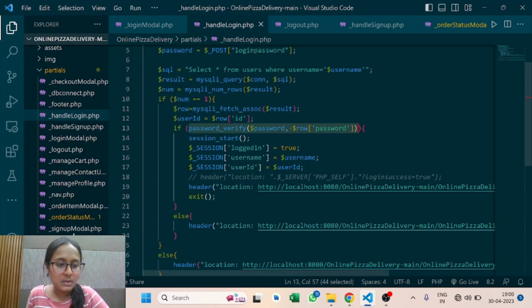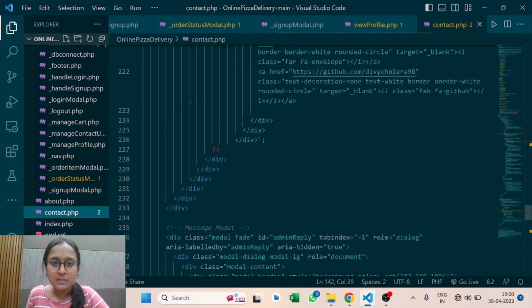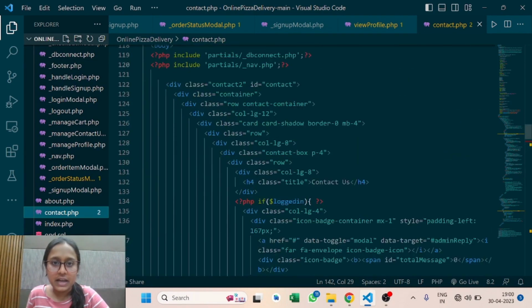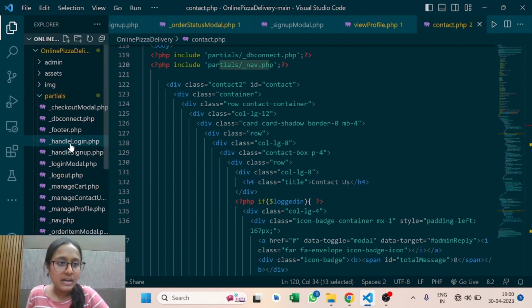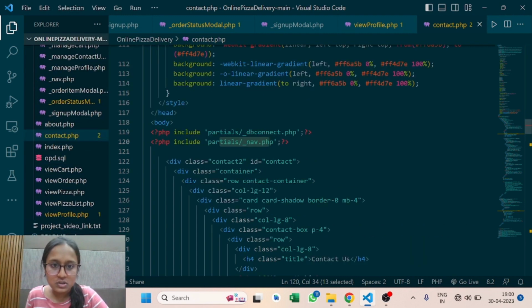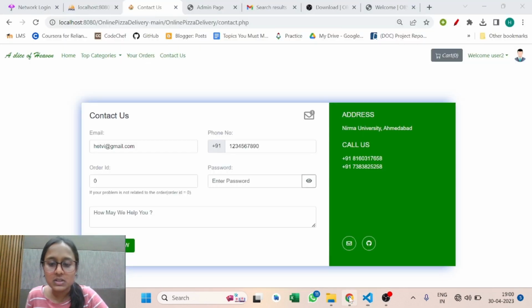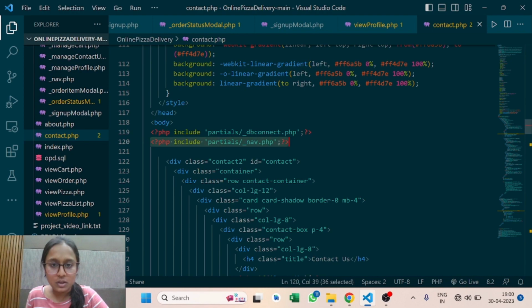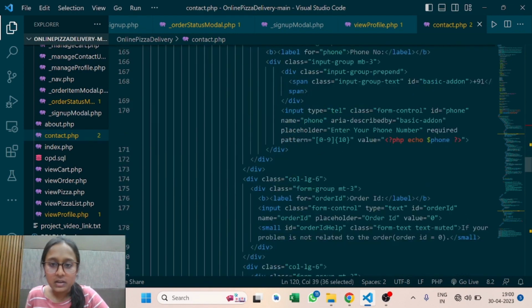So the code for the same is over here, contact.php. Like we are connecting the navigation.php, the nav. These are the partial files. These are nothing but the small sub functionalities in our project, which are to be incorporated in each and every web page of our application. So partials underscore nav.php is the navigation bar that has to be included. So that file has been included over here,